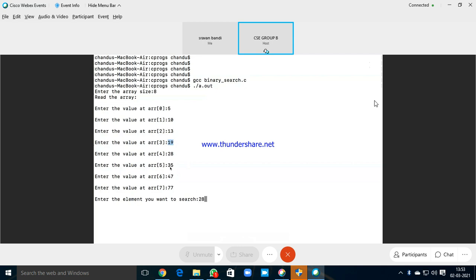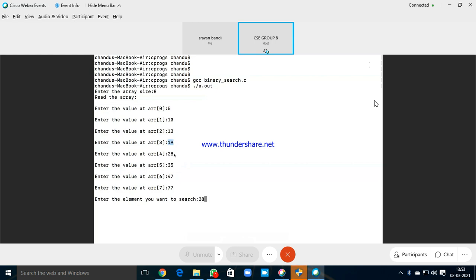Now what happens? 28 is less than 35. So we'll set high to mid minus 1. So mid is 5, mid minus 1 is 4.